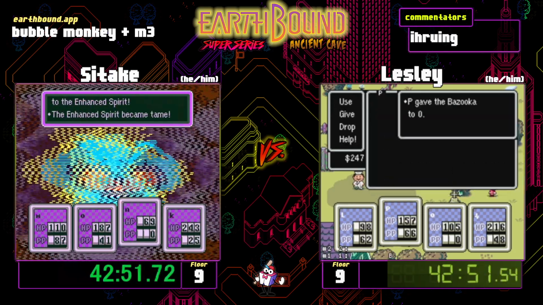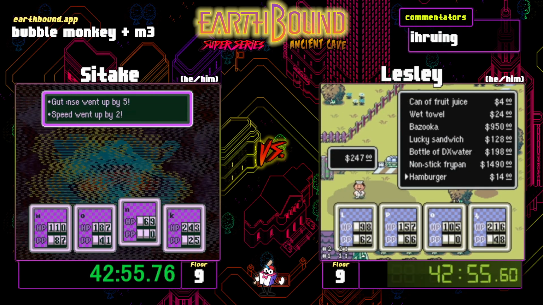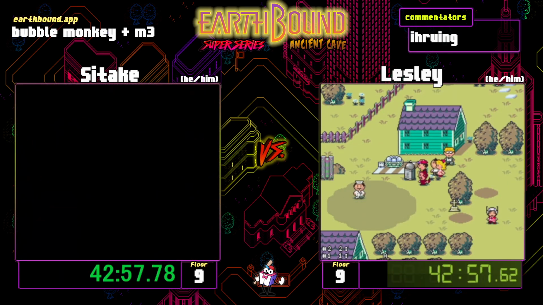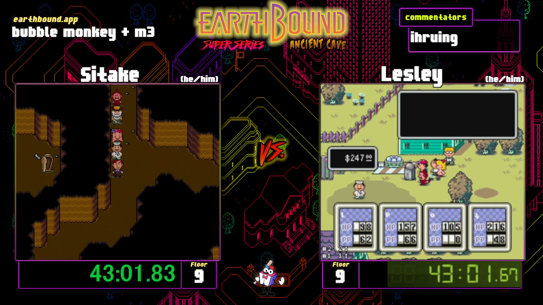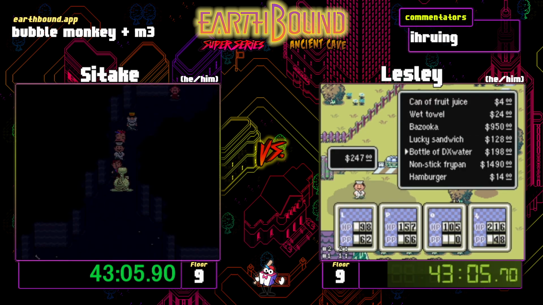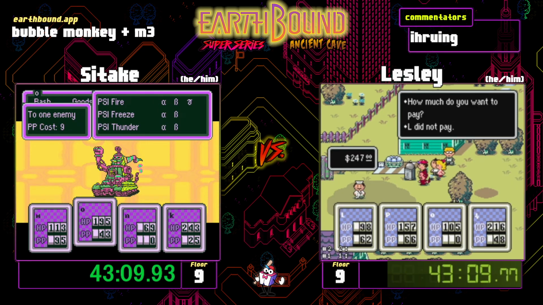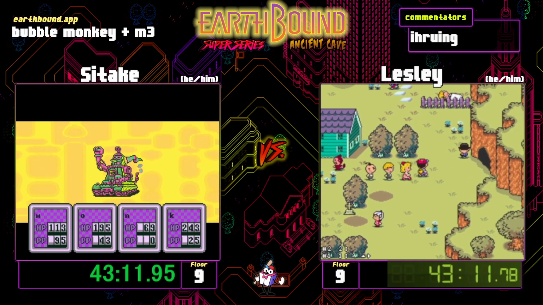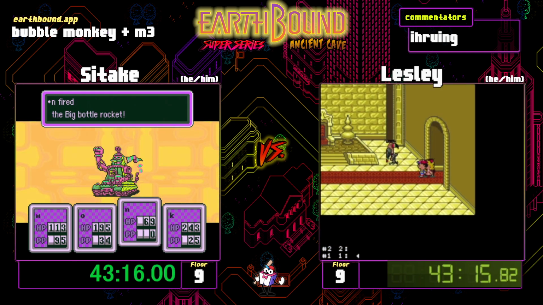Leslie at the free shop. Oh, he still does stop to look around. Okay, I wasn't looking, so never mind. Can't even be safe in my dreams, Bubble Monkey. DX Water is a solid pickup, especially since we have free bazookas and free DX Water. Obviously, you don't need more than one bazooka, but DX Water is a very underrated and solid pickup for Gygas, because